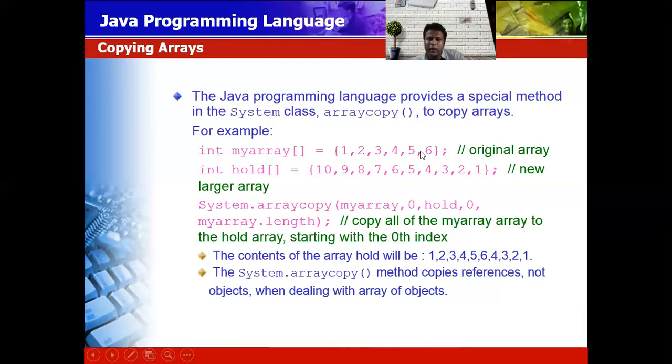Now suppose you want to copy from this location, then you have to write what? m array 1 location, and you have to paste in the hold array, suppose at location 8. So you have to pass the position as 0 1 2. Here we pass a 2, here we have to pass a 1. See that here we mention m array dot length. So the array length is what? 6. If you copy from this position, how many elements are present? 1, 2, 3, 4, 5. Then the 6th value is not present, so it is showing you an exception.